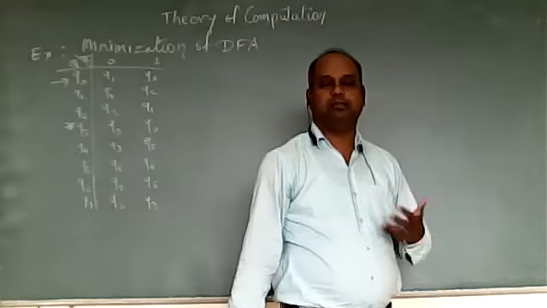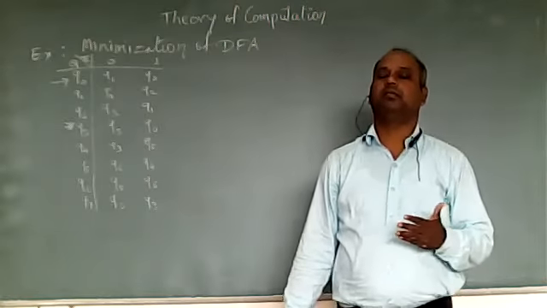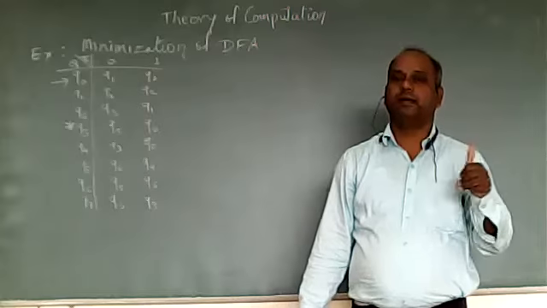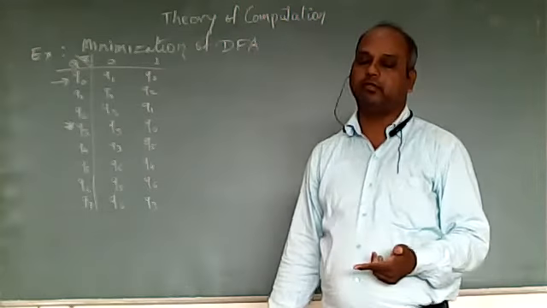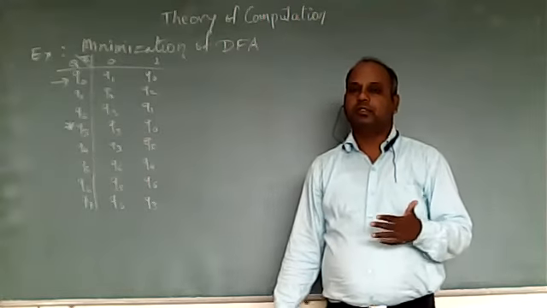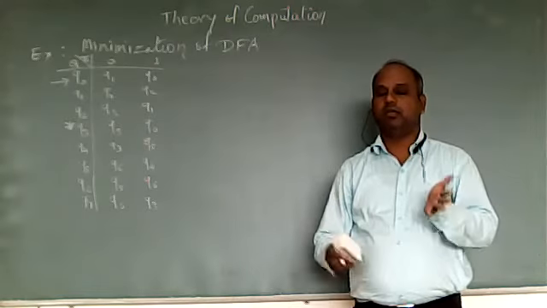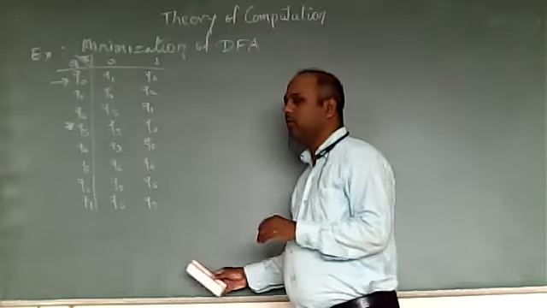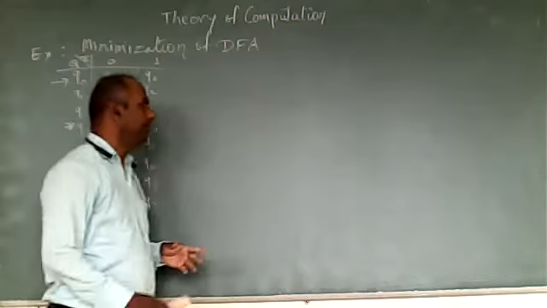Can we get the same output, the same result, with a smaller number of states? When we reduce the states, the space complexity will be reduced and the time complexity will be reduced, because the transitions and the number of states are reduced. Initially we may solve the problem with a big number of states, and after that we can reduce it. This is very important to reduce the time and space complexity of the problem.